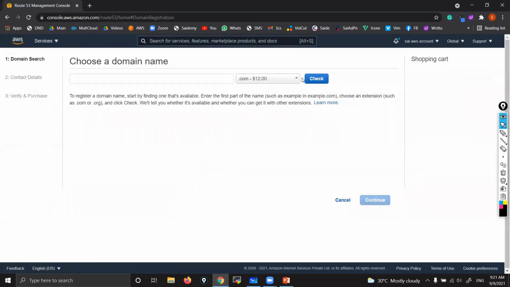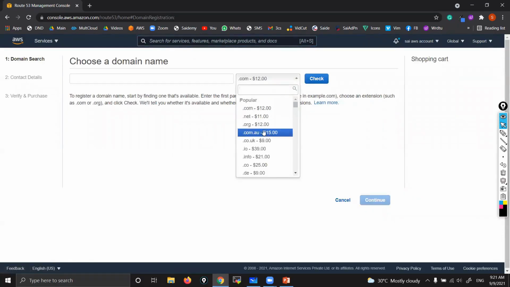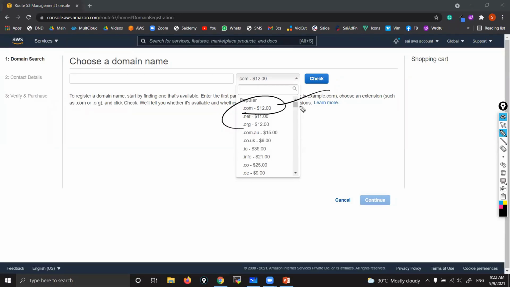See here, .com. What is the extension that you want? Suffix, .com, .net, .org. What do you want? That's up to you. You can choose from all these lists. We can see .xyz, .website, .wiki, .vaccination. So many things are there. .services, N number of things are there. There is no limit. Generally we use .com, .net, .org, .co, .info, right? The popular one is .com, commercial. If you want to have a website for any commercial purpose, we use .com. That is a popular one, but that's your choice. Whatever you want, you can have.